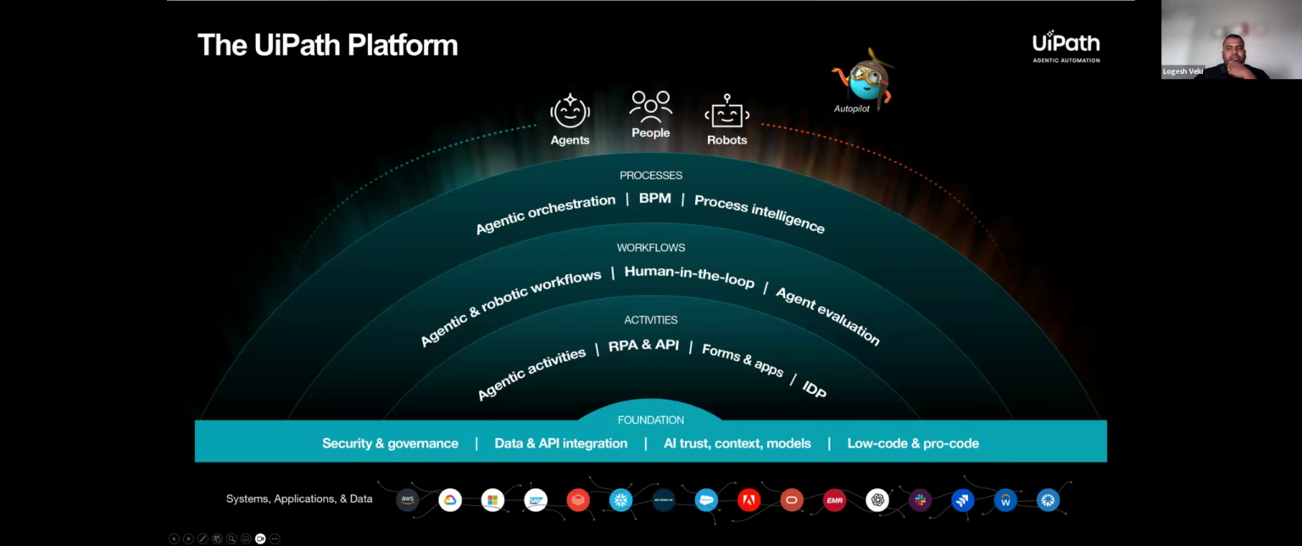Okay, so this is a landscape which most of the UiPathers would know, and people who are interested in UiPath would have seen. But we have a foundation where we have security, governance, low code, integrations, and which are powered by activities, which can be agentic activities, RPA activities, or IDP related activities, which in turn would power workflows. These workflows can be agentic, robotic, human in the loop,